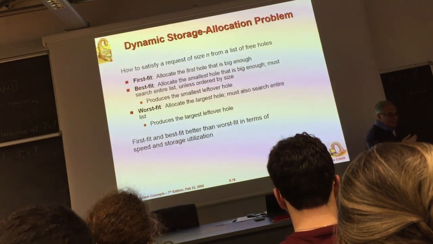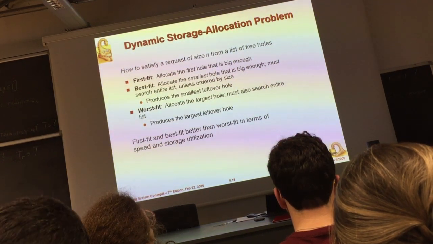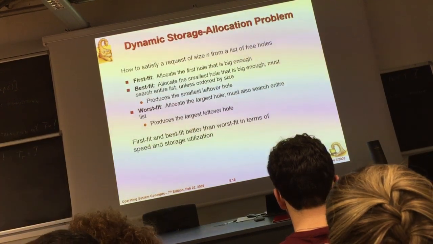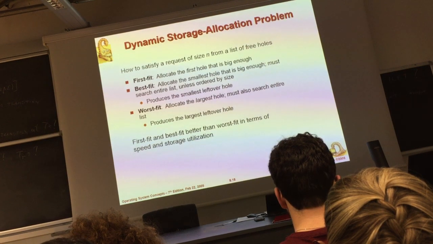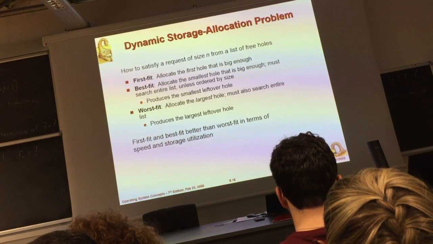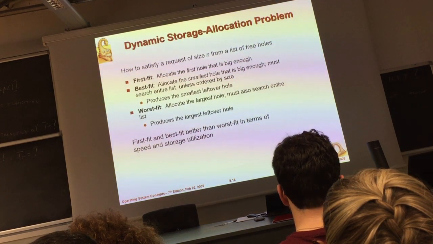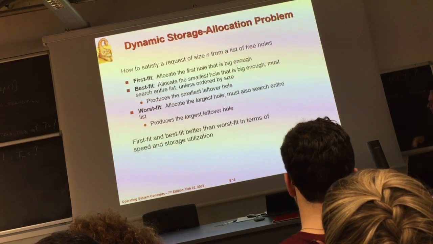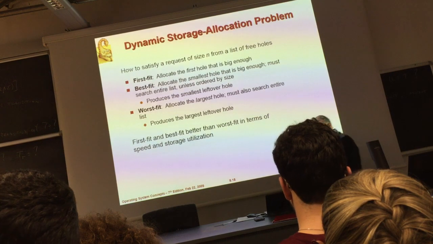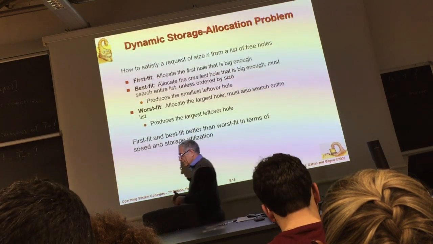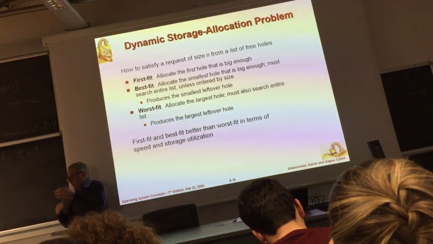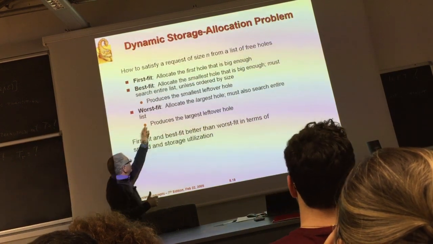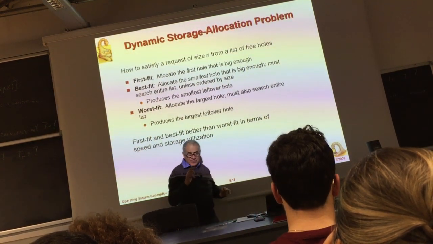First fit, so you keep the holes ordered by address. The first hole that is able to contain the newly scheduled process is used. Or the best fit, so you keep them in increasing order of dimension, or vice versa, the worst fit, which